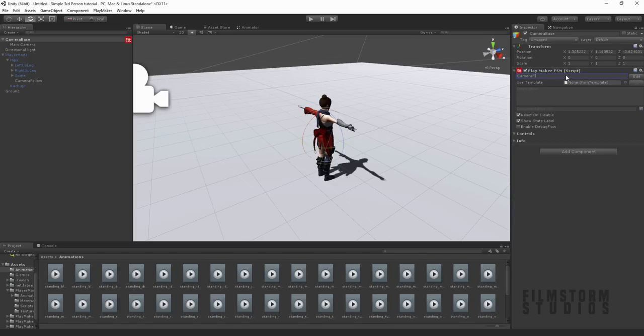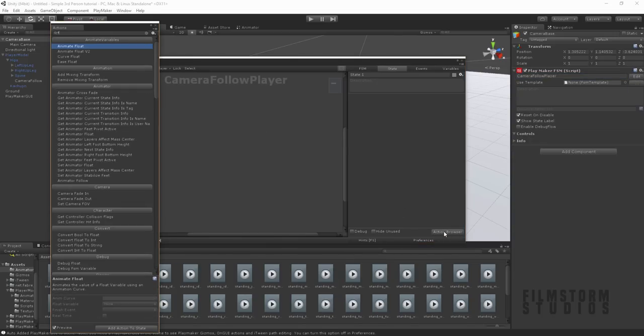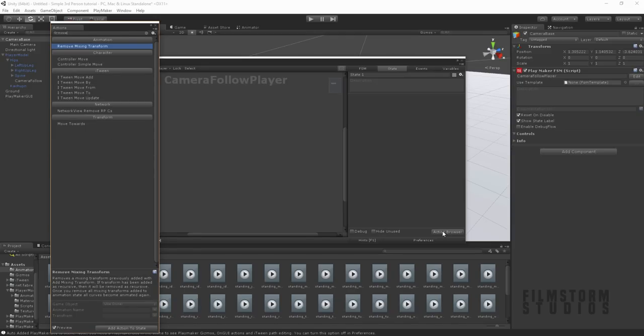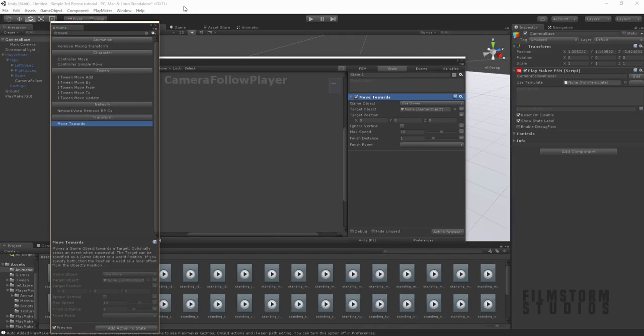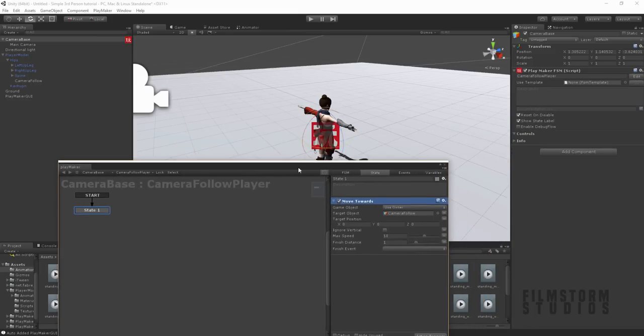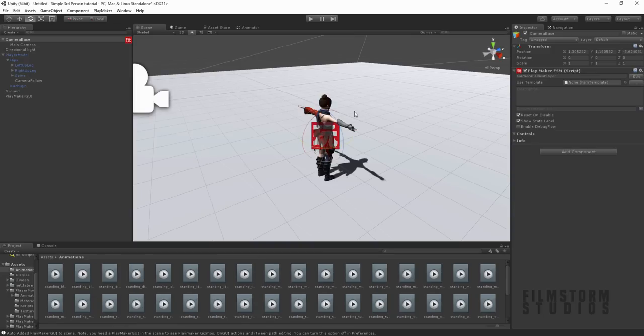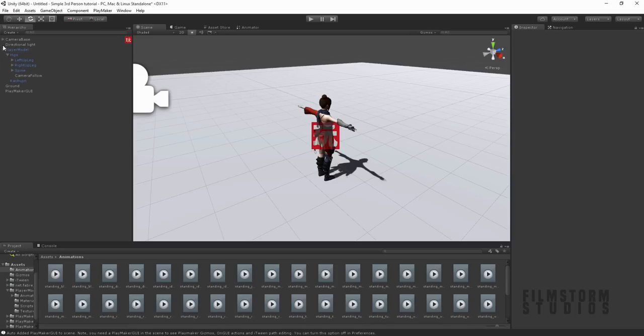I'm going to call this camera follow player. All we're going to do is say follow, oh, move to, I think it's actually called move towards. We're going to say use owner object, because we're going to use this owner, and make it follow the camera follow. We don't have to tick ignore vertical, because when she goes up and down hills, we want the camera to also go up and down. We never want it to finish, and we want its speed at around 20. So that's all set up.